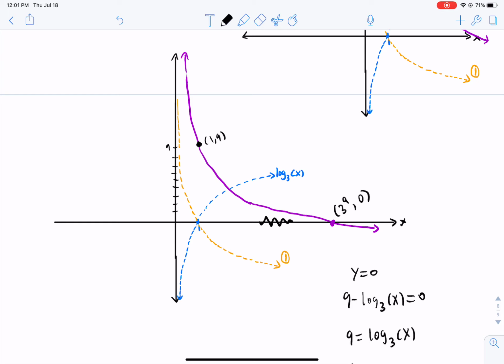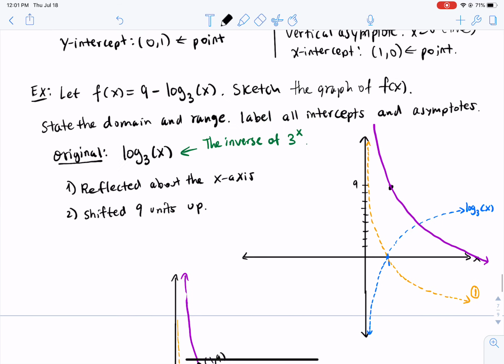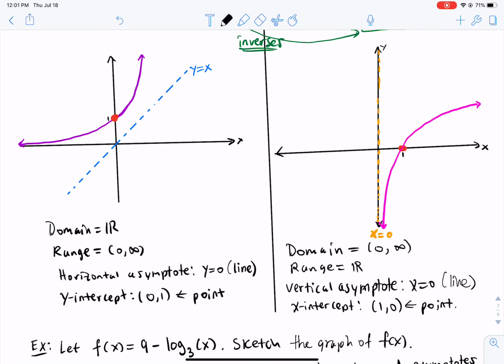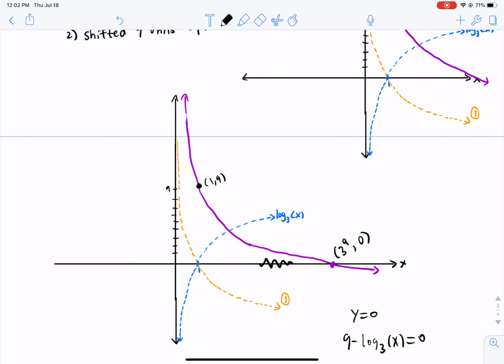But anyways, what's the range? What do you guys think the range for this one will be? All real numbers. How? We talked about logs and exponentials. For exponentials, the domain was all real numbers. The logs are going to be the inverses of that. So the domain for the exponential now becomes the range for the log: all real numbers. You can go as high up there as you want and as low as you want. But the x values are going to be restricted. Anyway, so let us give you back